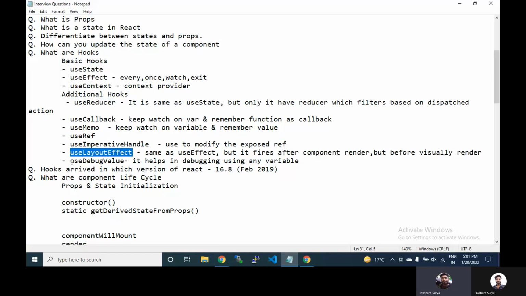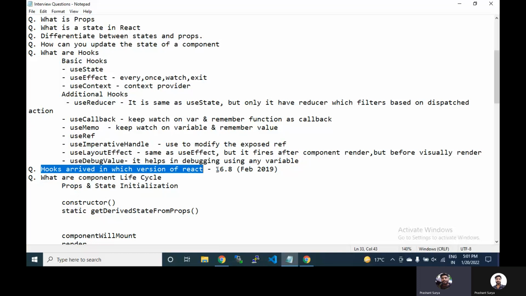Okay, useDebugValue. It helps in debugging using any variable. When you need some help while debugging your code, you can use it with variables inside your function component.